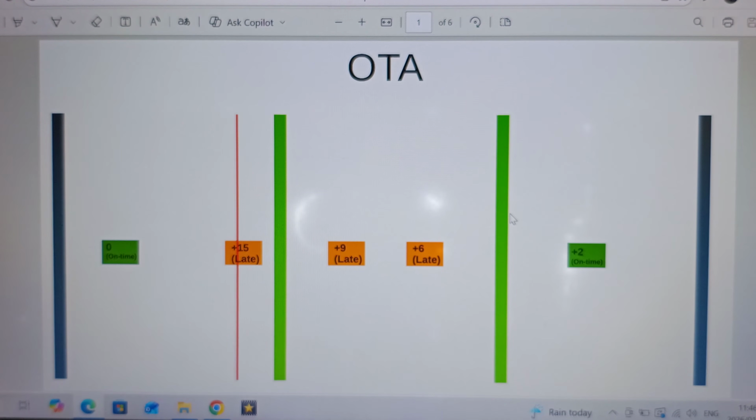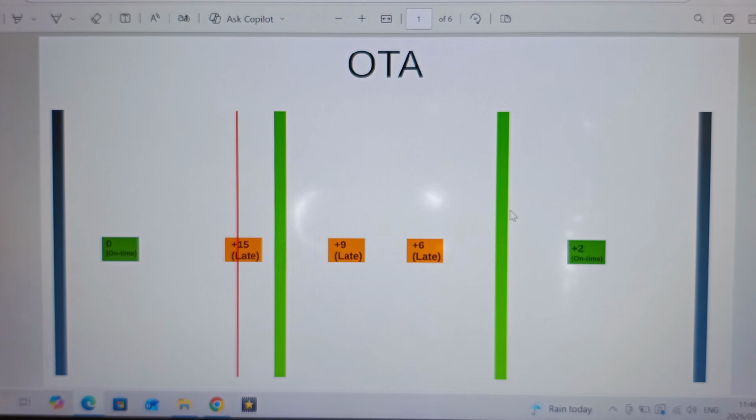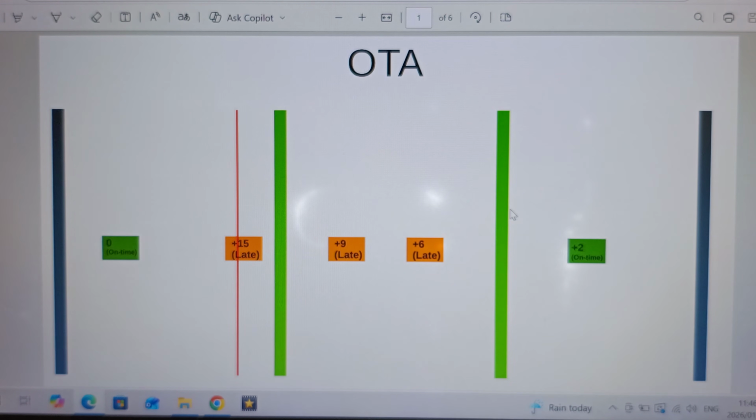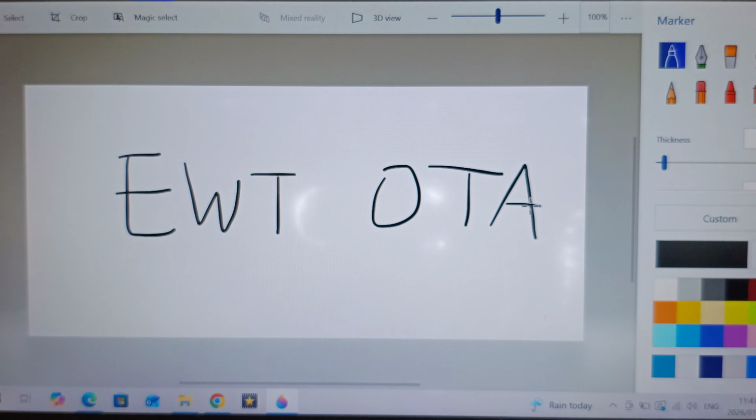They were really nice. So this is another one of my live reaction videos because I only saw this for a few minutes and now I will be attempting to explain both OTA and EWT to you guys. I don't think I need to go over the basics of what is estimated waiting time and what is on-time adherence, but essentially they are pretty much the same thing, except this one is way more strict and this one is a little bit more forgiving.